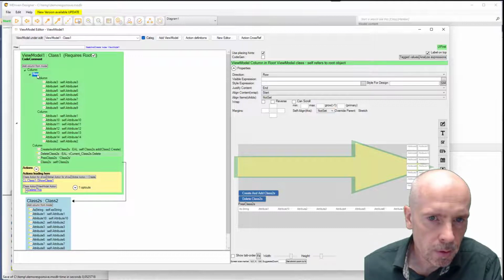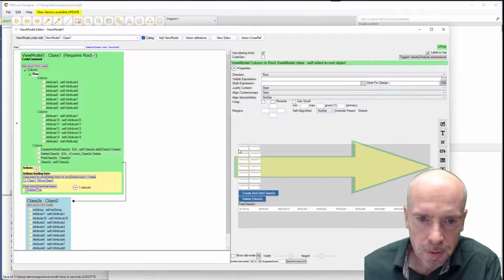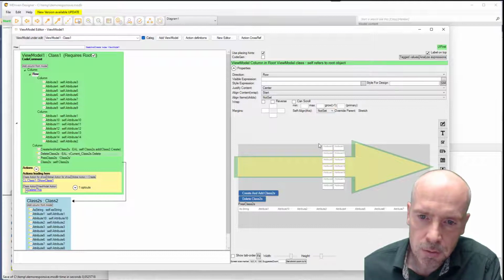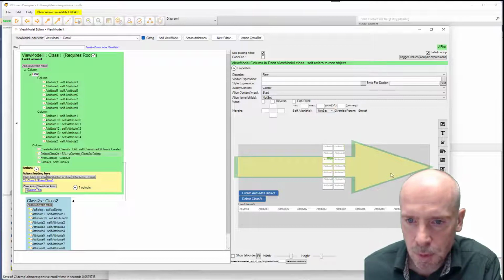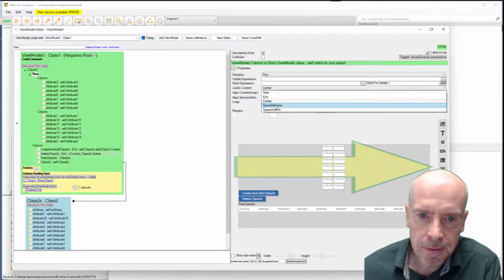So let's look at this row, and the justify content is set to end. If I set that to start, everything is moved to here, and if I set it to center, it's moved to here. So this is a different kind of centering than the one that we had earlier, because on the other centering the box was just this area, but now the box is the complete area. And then we can do things like having the space between